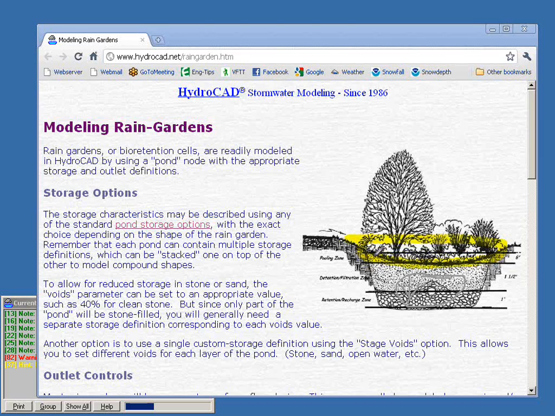The pond mechanism that's available to you in HydroCAD is designed to model a level pool of water. So it's essentially an open volume or perhaps stone with voids. And the assumption is that the water is able to enter and forms a level water surface. That's what we mean by a level pool. The bottom of the pond doesn't have to be level. It's just the water surface. So all of the volumes are interconnected in such a way that the water equalizes quite readily and gives you